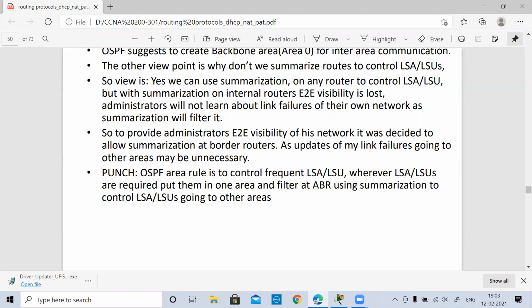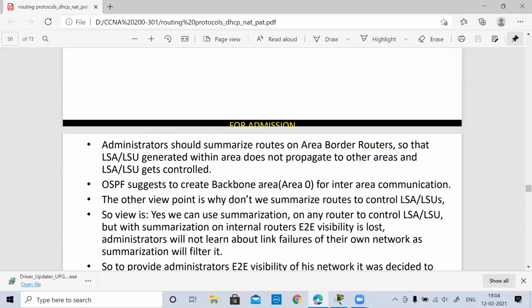So here we have understood two to three concepts. One is the area concept, and that for inter-area communication we need the backbone router, the area zero router. And the third thing we understood is the way OSPF works: it first forms the neighborship, discovers the neighbor, forms the adjacencies, and then tries to exchange the link state databases. So these two or three points you have to remember.